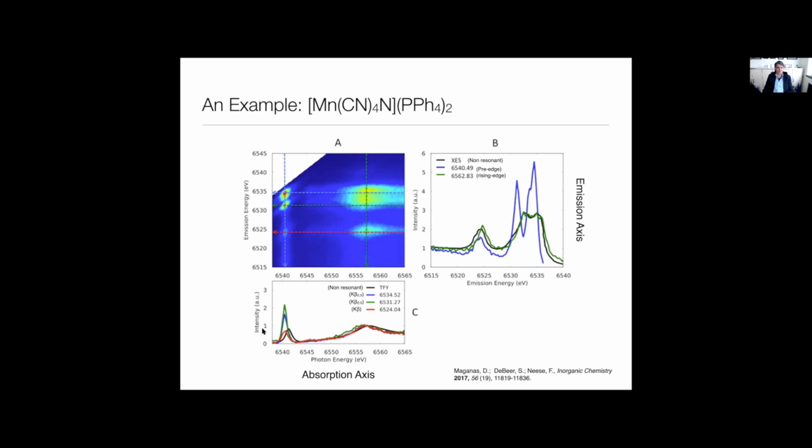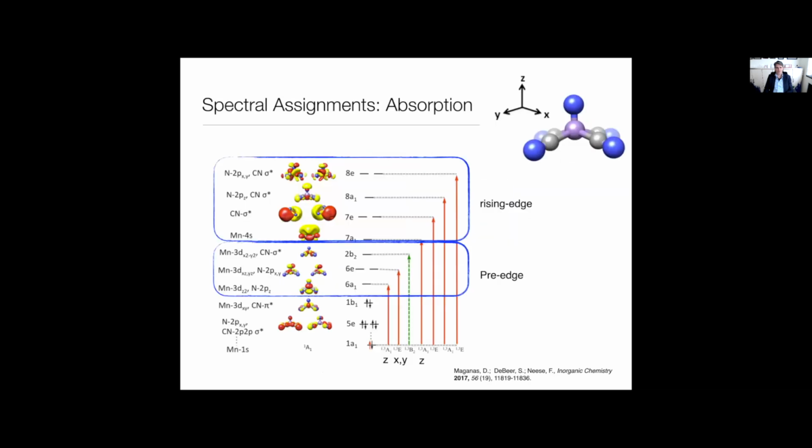Likewise, here is the pre-edge absorption, that is the absorption axis of the RIXS. And so depending on whether you look at the K-beta 2,5 or the K-beta mainline, you get very, very different pre-edge intensities. And we wanted to understand that. And so most of that paper that I'm quoting here is devoted to understanding these resonant absorption and emission processes.